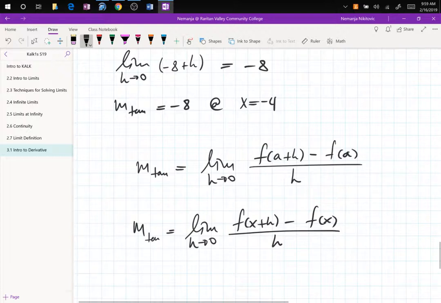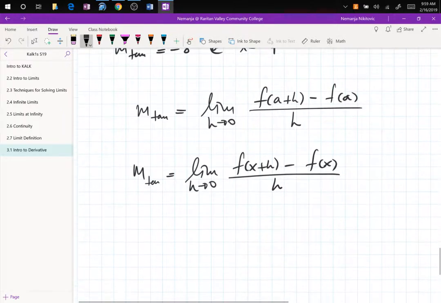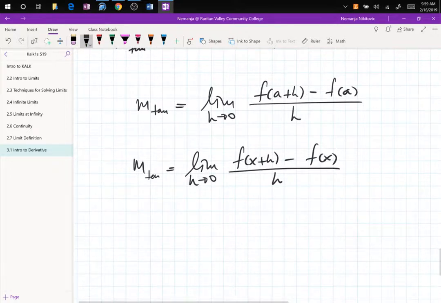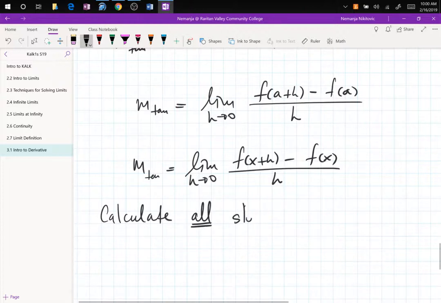Then whatever x is provided at the end, we can just keep plugging that into the formula we get from here rather than restarting the whole thing. So now let's calculate all possible slopes in one shot. Calculate all slopes at once